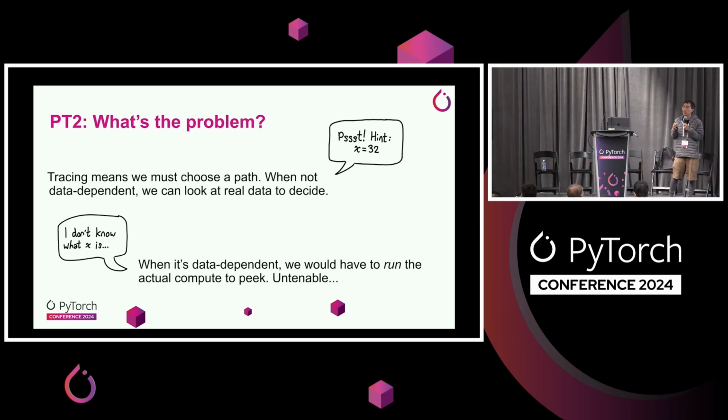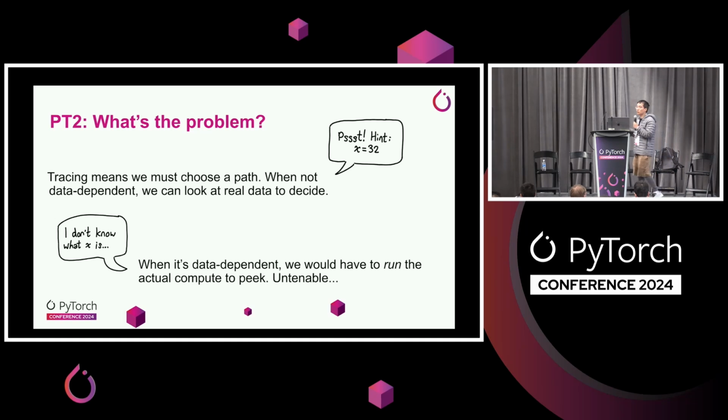Our whole goal in life is, with some exceptions, to generate a straight line trace through your program, which we are actually going to compile for compilation. Normally, Python programs have all sorts of if statements, all sorts of error checking, and we need to figure out how to thread the needle through a single path that we're going to pass to our compiler. And ordinarily what we can do is look at the real values in question and use that